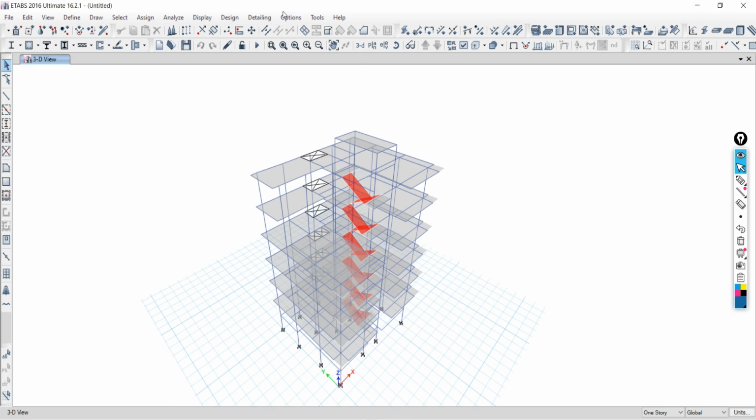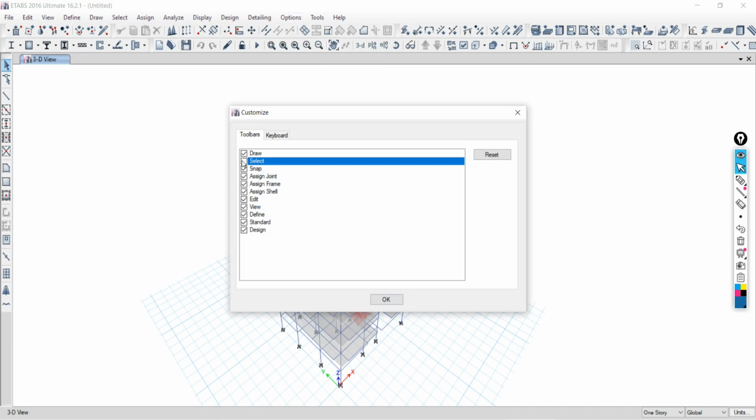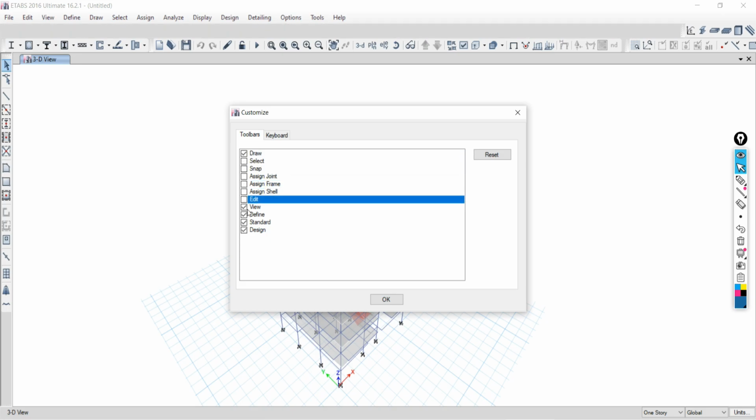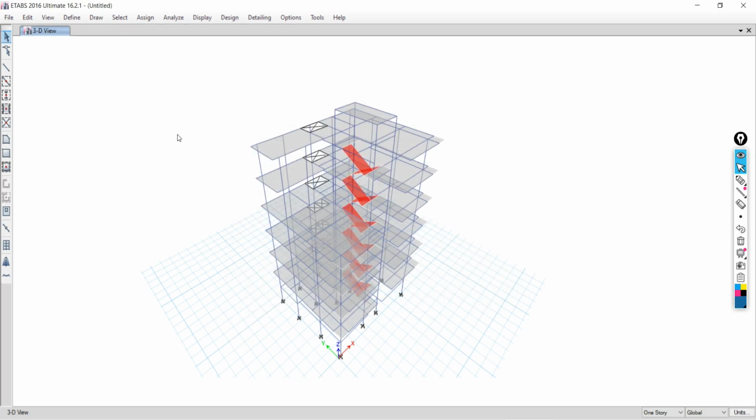So how to set this? Go to option. Go to customize toolbars. Click over that and see. Of these all options, say okay. Like this, when you install the ETAP software, this kind of view will be there. Am I right? Hello. Yes, sir. So I want to set all that quick access bar, and we have to work on that quick access bar only. Okay, so that will help to work fast to complete your modeling, analysis and design in a fast way, with the saving of the time.